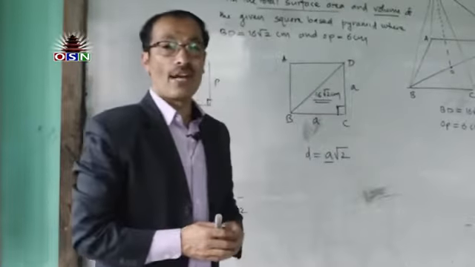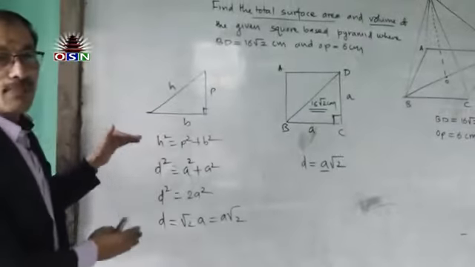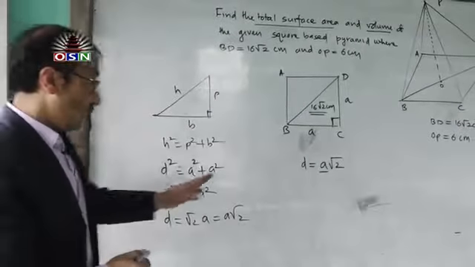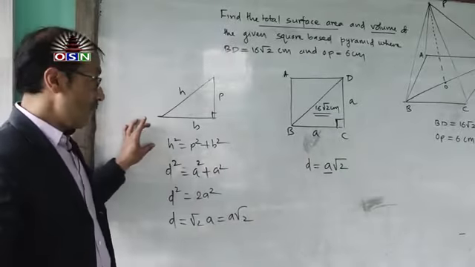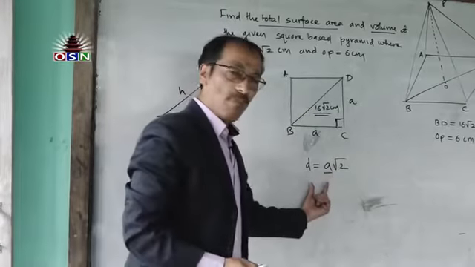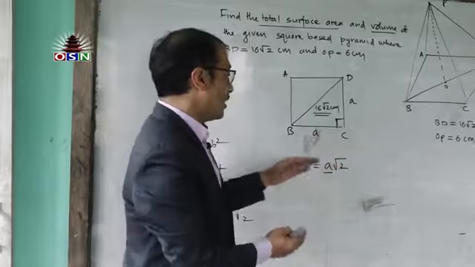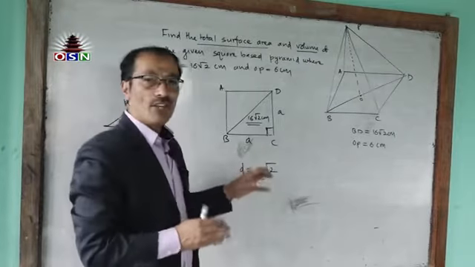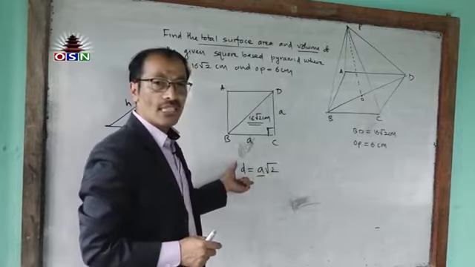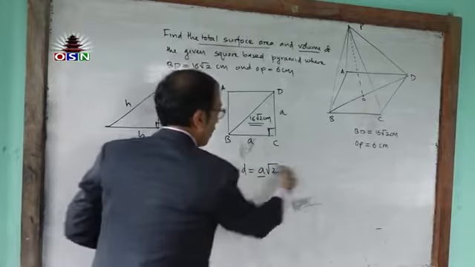diagonal of a square. In this way also you can go ahead. So there is no need to remember this one, at least if you remember the Pythagoras theorem, it makes it easier to remember this one. But in the examination, to reduce time consumption, you will have to go through such formulas, and for that you will have to remember them.